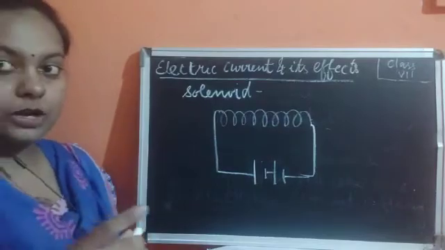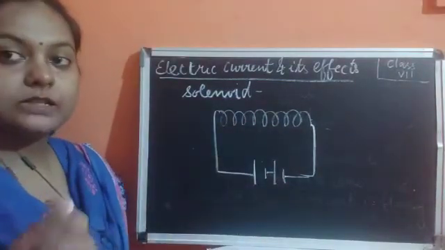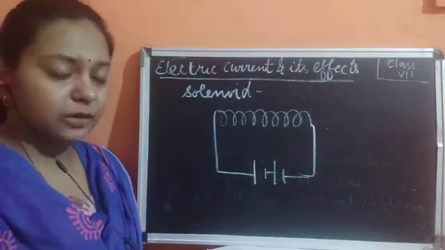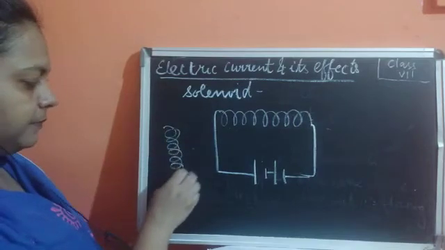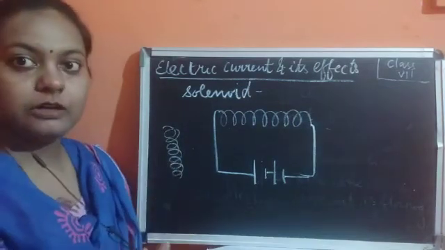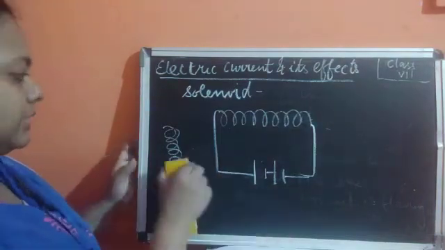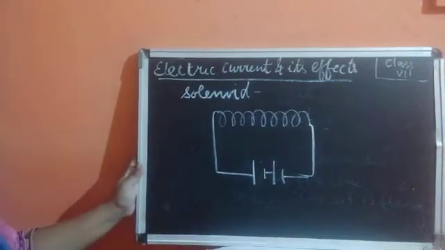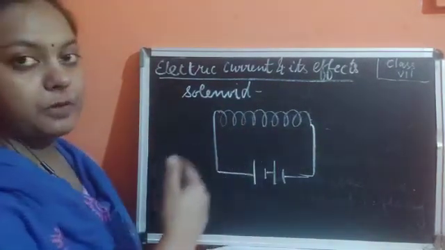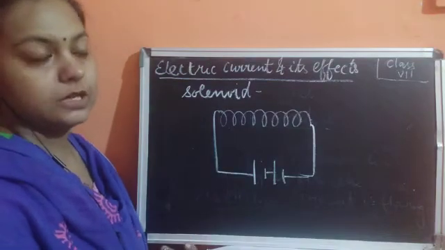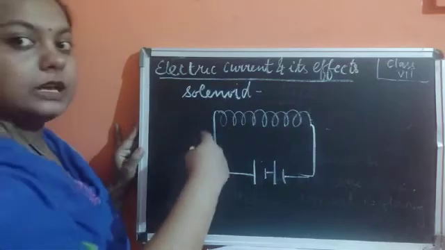So what is a solenoid? This structure is very similar to the spring which is present in the pen or somewhere. If you have seen what the structure of a spring looks like, it looks like this only. It is just the number of turns of a wire, it could be of different metal. So the wire is coiled, just made in the form of a spring, having a number of turns.